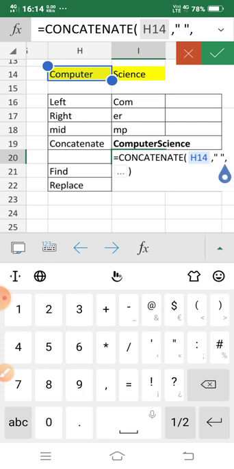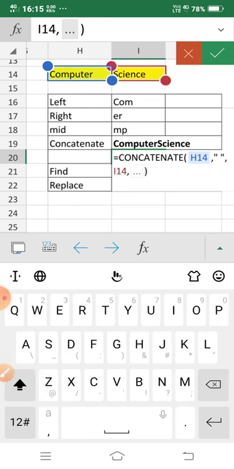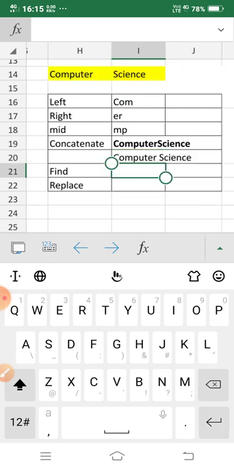And then my second text. Okay, and then enter. See here, computer science. So here one space is showing.